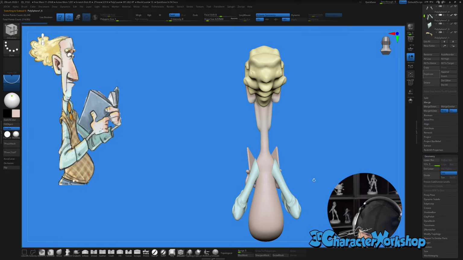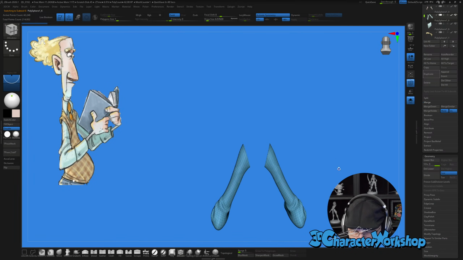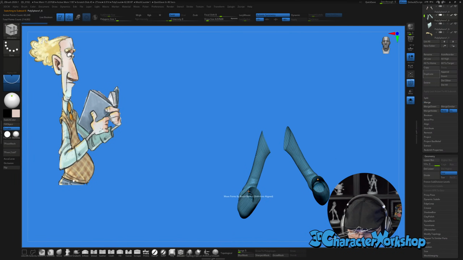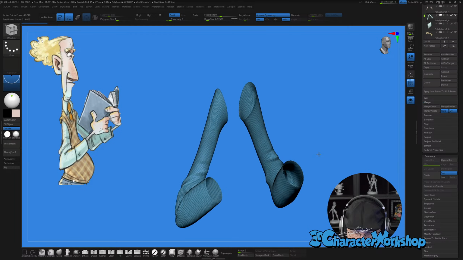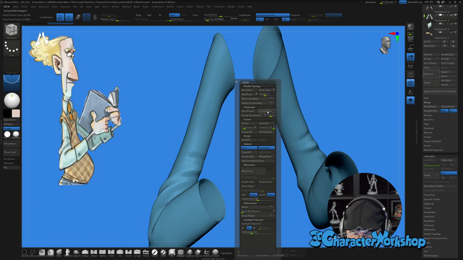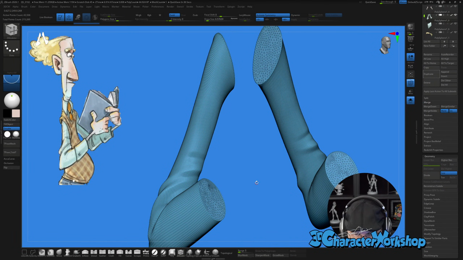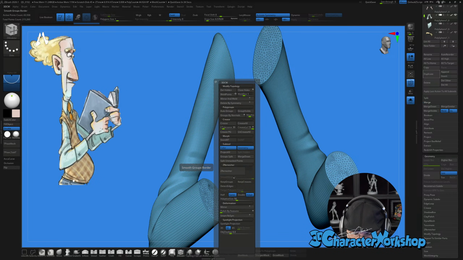But our sleeves, they are open holes. See, they have open holes, but they have subdivision levels. So I would have to delete the lower subdivision levels and then close the holes. And then ZRemesh while keeping groups, but turn the smooth groups down.